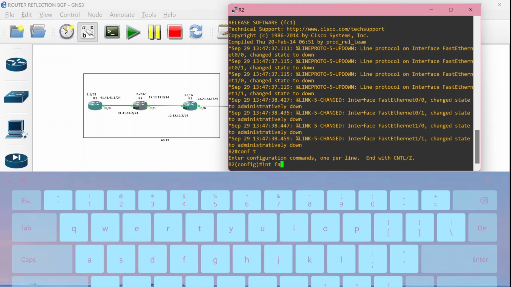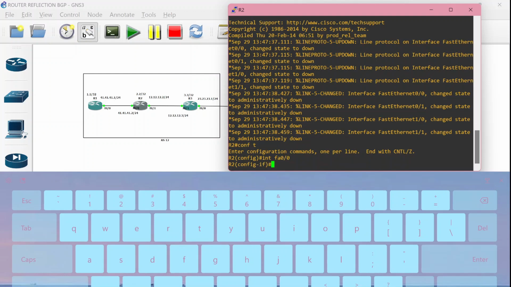Okay, for the first, we connect the interface or port to router number 1 and make the IP 41.2 and the slash is 24.